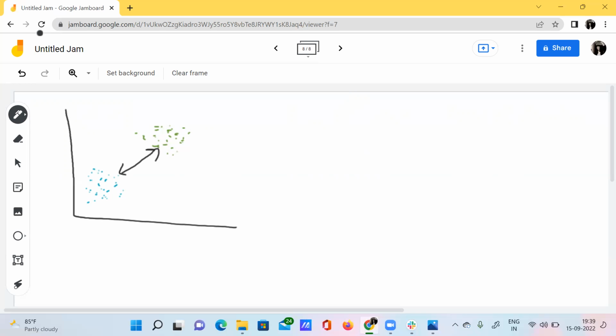This gap will act as a natural classifier, right? If we have some kind of gap between the two categories of data, then that particular gap, what can we call this gap? This gap is nothing but a hyperplane, right? What is meant by hyperplane? What does a hyperplane do? A hyperplane just separates the data into equal parts. So this gap is nothing but a natural hyperplane, right? So this gap is nothing but a hyperplane which acts as a natural classifier,